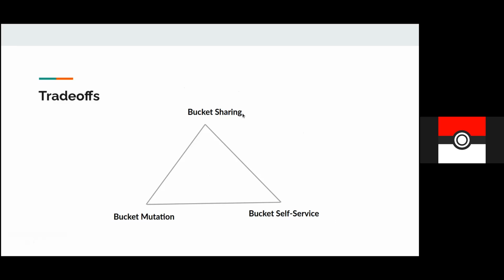So right now we're talking about bucket sharing. Take for instance, we give up bucket self-service. Let's just take that as an example, and then we only support these 2 use cases, sharing and mutation. Giving up self-service would mean BRs are not namespaced. I'm talking strictly about bucket creation, not access. Right. So if there is no BR, we can't give up self-service. I think that's obvious. Well, I don't know if that's true. I really don't know if that's true, because